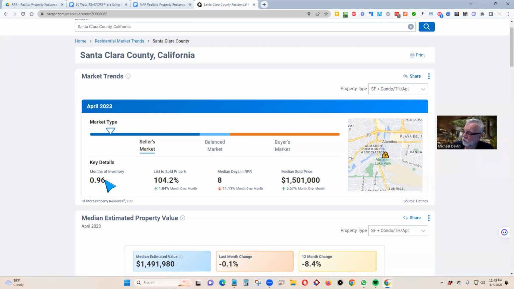Now, how much inventory do we have in Silicon Valley in terms of months? Less than 1 month. For those of you who are wondering what that's like, normally you would need 4 to 6 months of inventory for it to be considered a balanced market. 4 to 6 months is a balanced market. We don't have 1 month's worth of inventory. The average property sold for 4.2% over list price. And you can see things are just languishing on the market in Silicon Valley, in 8 days